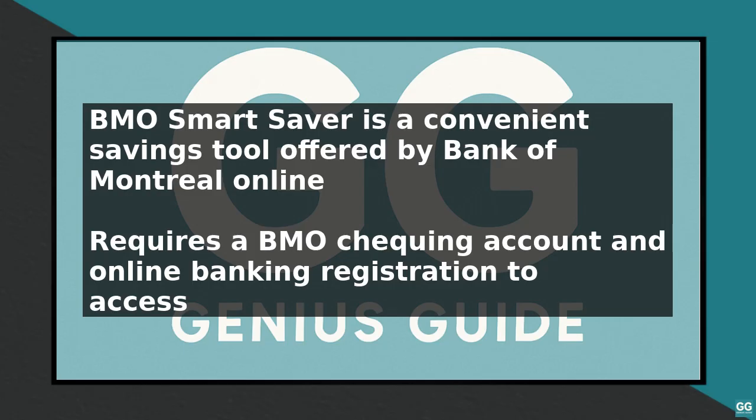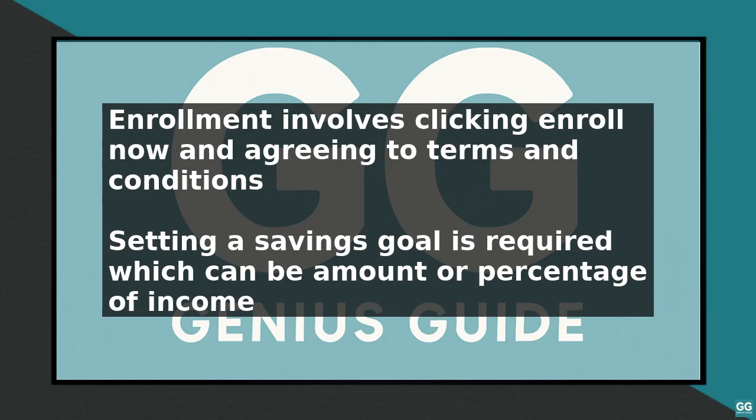If you don't have an account, you can easily open one online or at a BMO branch. Once you have your account set up, log into your online banking and navigate to the BMO Smart Saver page. To enroll in BMO Smart Saver, simply click on the Enroll Now button and follow the prompts to agree to